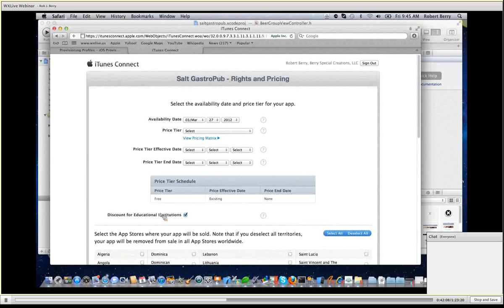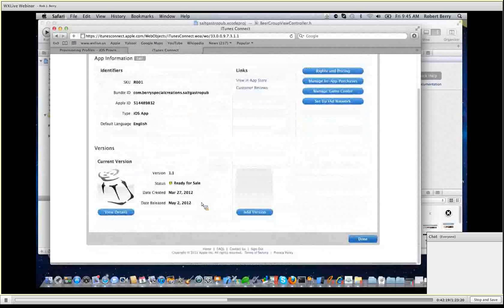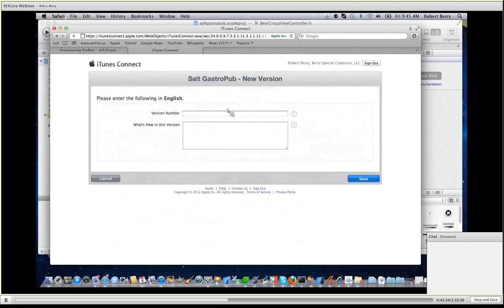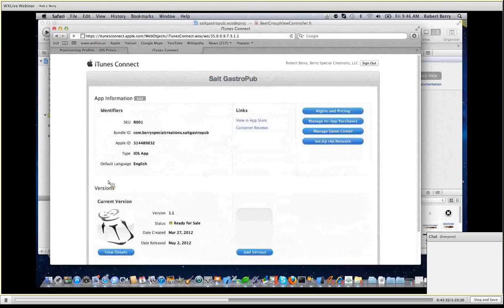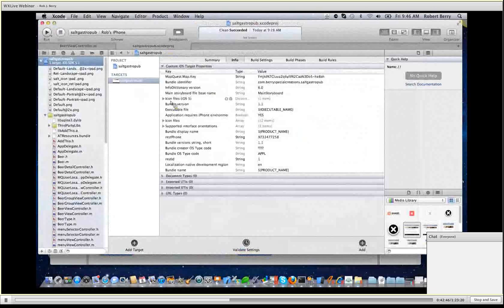I'm going to be doing this soon. I'm going to add a version. When I do an add version, I give it the version number and what's new, and then it starts asking a lot of those questions again, like which countries and all that stuff. So you just go through the whole process. Once you do this, and I've created the version number in Xcode, I'm sorry, see the bundle version? That has to match. So I'll make this version 1.2. I'll have to create a version in iTunes Connect 1.2. So when I build this,